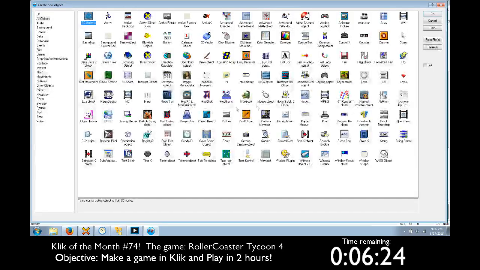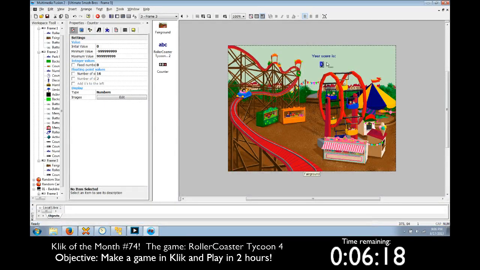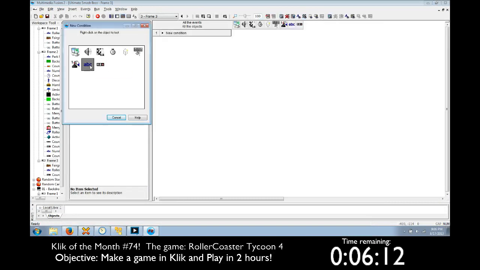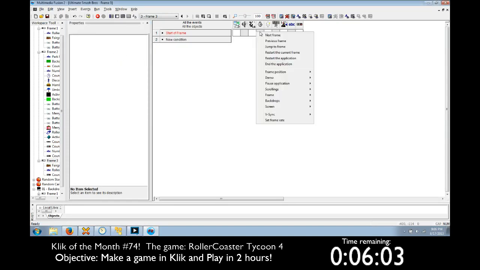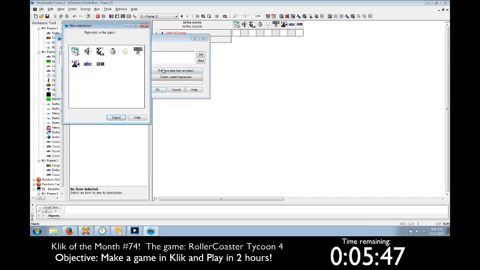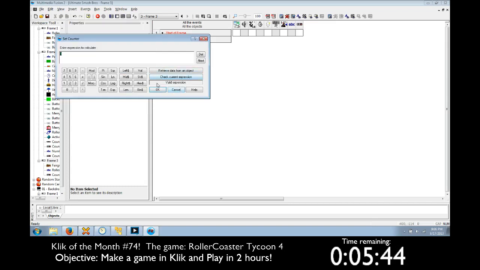Let's go ahead and insert object, insert a counter. No, we don't want to do that. I'm going to say start of frame, counter, set counter to. Okay, so A was the time. B was the money, so global value B